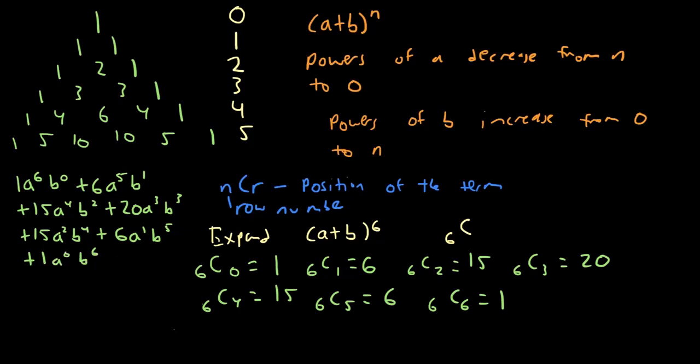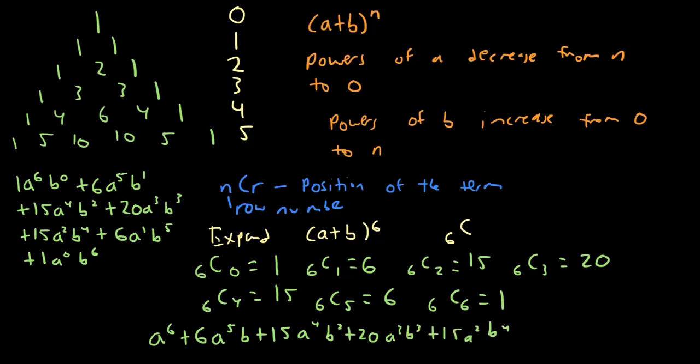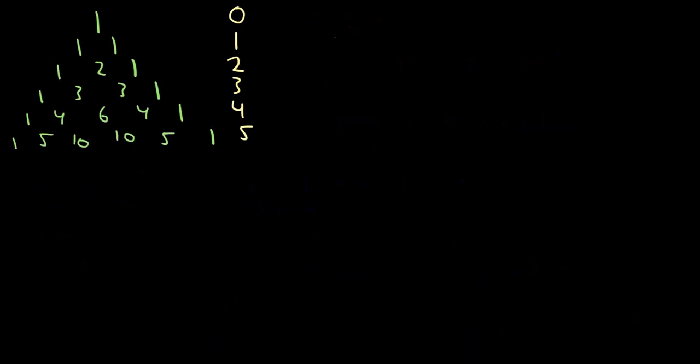When we simplify this, we get a to the 6th power plus 6a to the 5th power b, plus 15a to the 4th power b squared, plus 20a cubed b cubed, plus 15a squared b to the 4th power, plus 6ab to the 5th power, plus b to the 6th power. So for our next example, we're going to expand